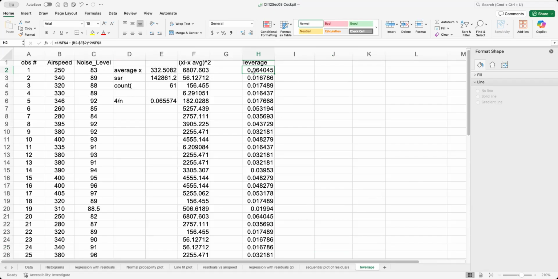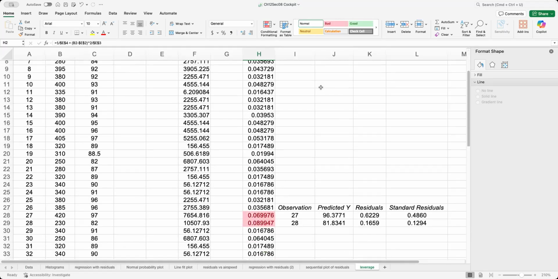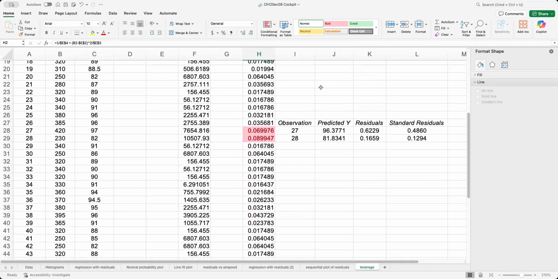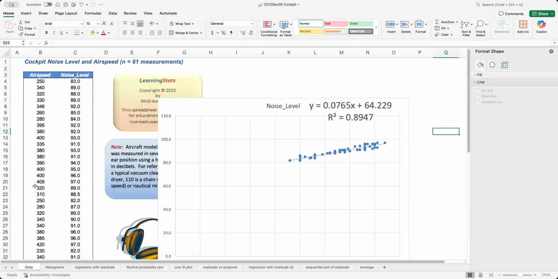0.06. So I start looking, oh, that one's really close. That's almost a high leverage. Oh, there they are. There are my two high leverage pieces. 0.0667, 0.09. Oh, okay, those are high leverage. That's observations 27 and 28. Can't really tell where they are here, can I? 27 and 28, based on my leverage, that's,